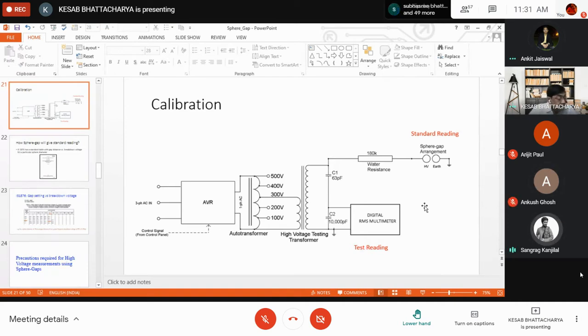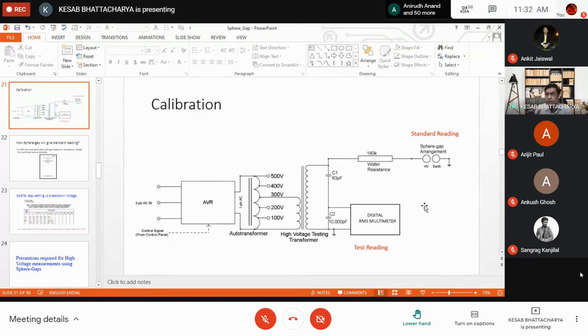Yes, sir. If you multiply with the correction factor. Yeah, that is done internally, because this multimeter will be used for this purpose only. Actually, I tell you, the exact circuit used in the laboratory is slightly different from this one. I do not know whether we shall get any scope to discuss that particular circuit. If possible, I shall try to give you the exact circuit with explanatory notes.